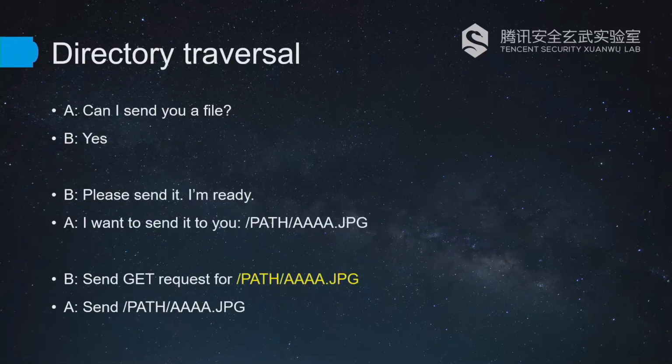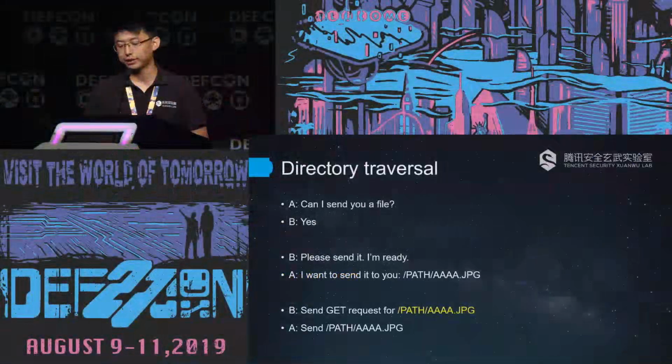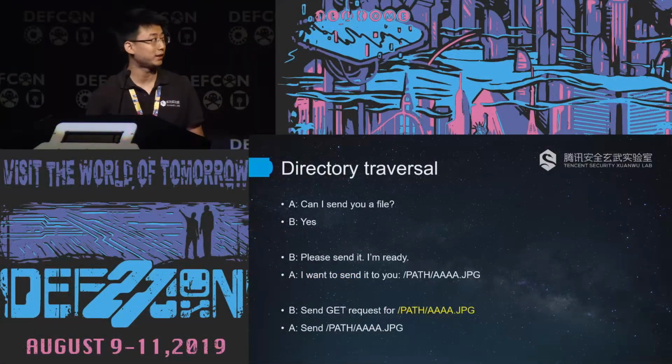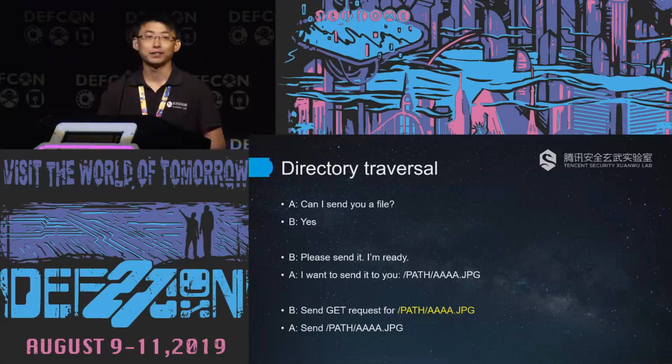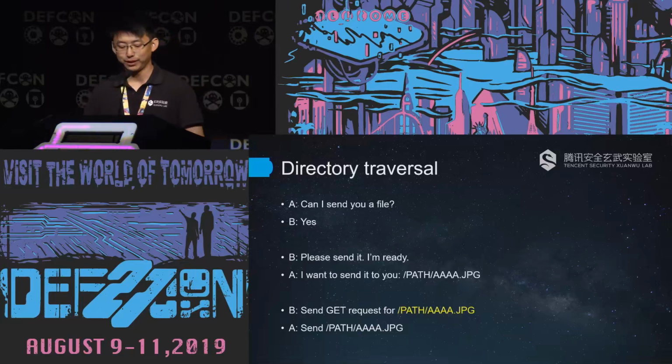This is the second logic vulnerability example, and in this case, it is a directory traversal vulnerability. The file transfer was accomplished by a web server. So the sender may create a web server and send the receiver a URL to get the file. Then the receiver can modify it to get any files here. Let's show the demo here.